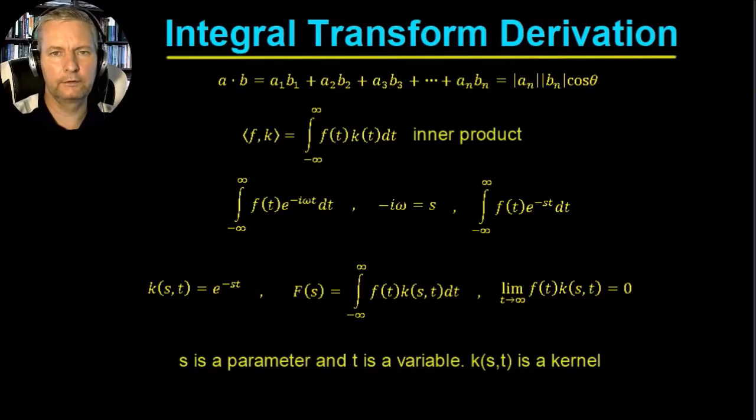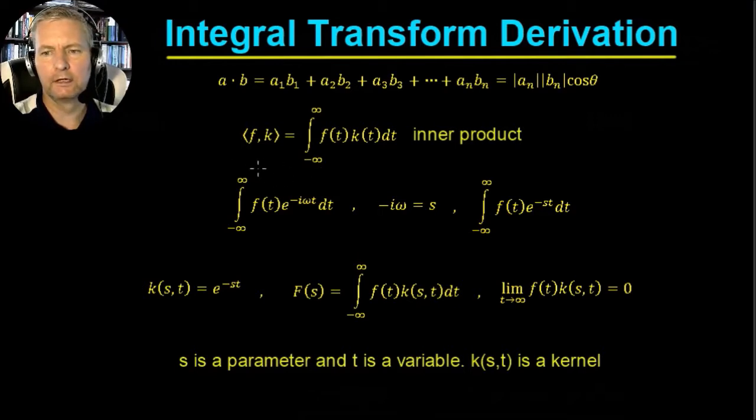So let's look at another derivation of the Laplace transform. Now, if you can remember, whenever we did the original derivation of the Fourier transform, we thought about the dot product between two vectors, so the dot product a dot b would be a1 b1 + a2 b2 all the way up to an bn. Now, if we were to then write this as a general inner product,